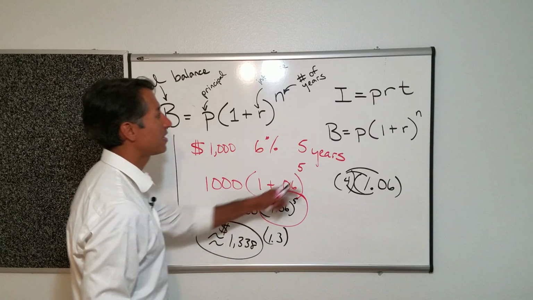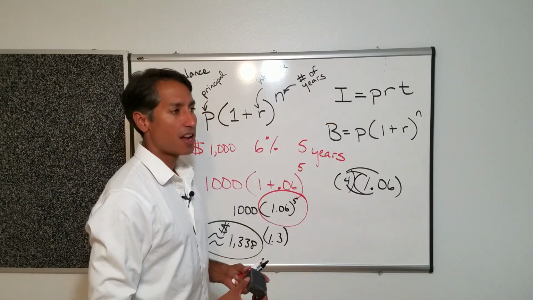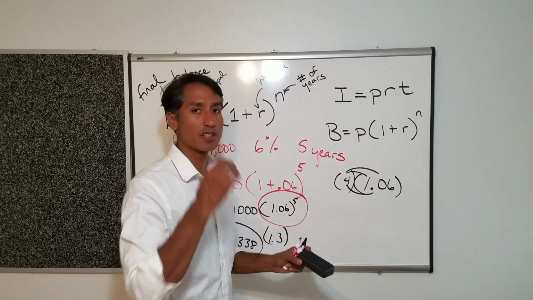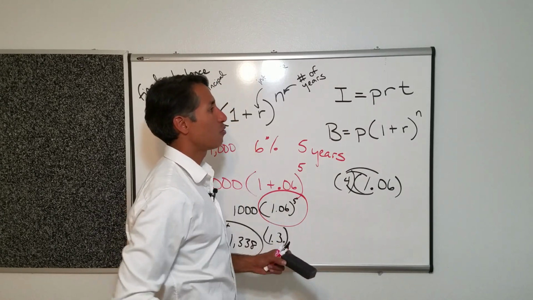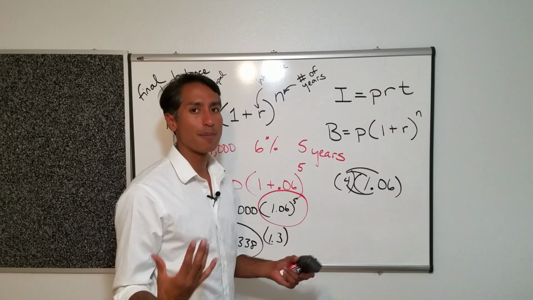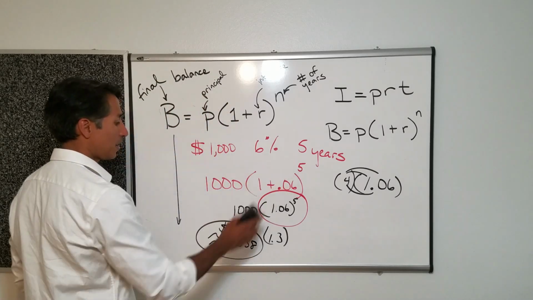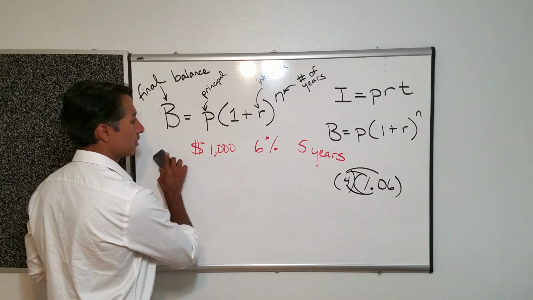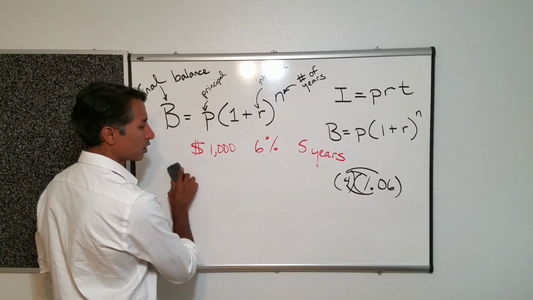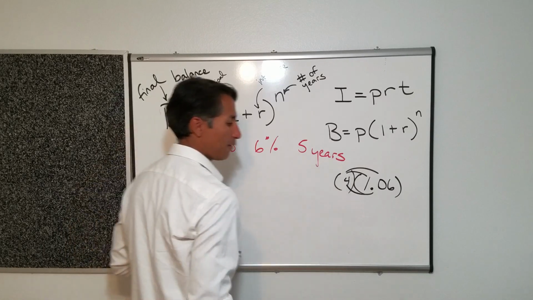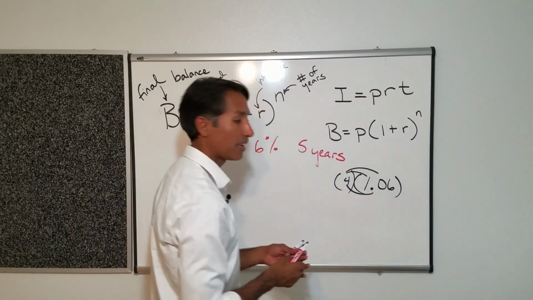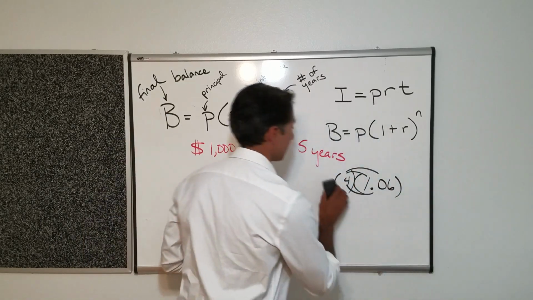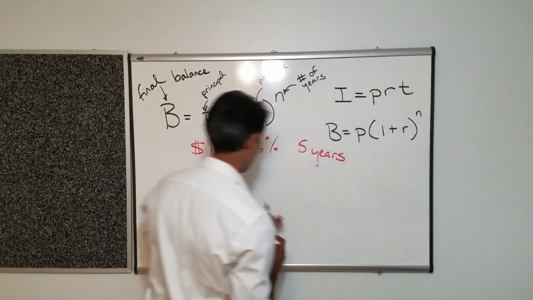Okay, it gets back to that first one that we did over here. When time is in years, you just plug it right into the equation. But if time is like, well, what about every 3 months? You got to make that fraction. Same thing with this. So let me erase all of this. $1,000, 6%. We'll do 5 years. And rather than the interest being compounded annually, we will say for this guy, it's